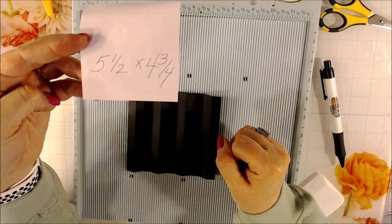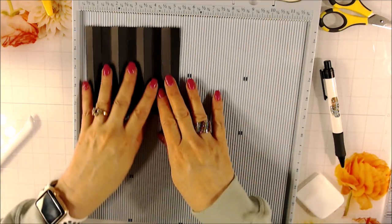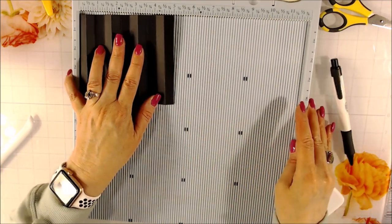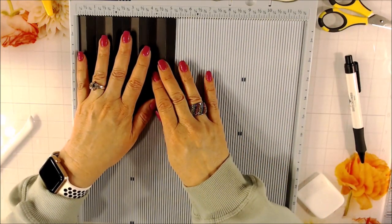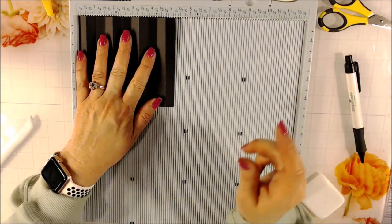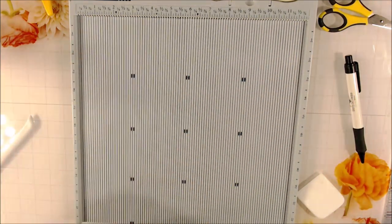I like my pages about 1/4 of an inch shorter than the height of the book. So the way I do it, I'm going to have you put the 5.5 inches across the top and then just score at every 1/2 inch. So you're going to start at half, then 1, 1.5, 2, 2.5, 3, 3.5, 4, 4.5, 5. Okay, so then